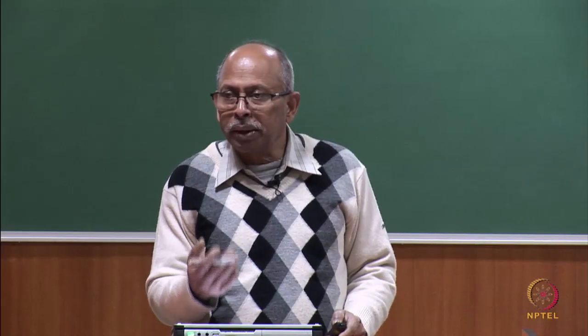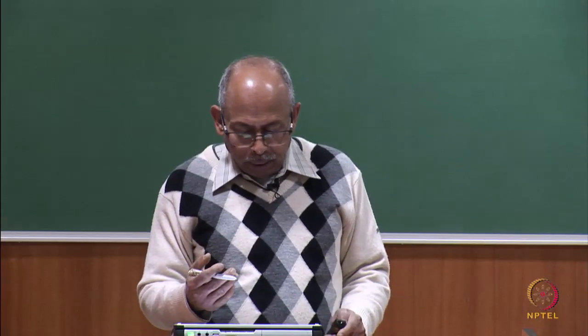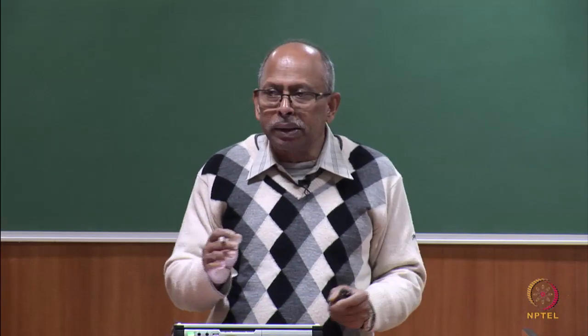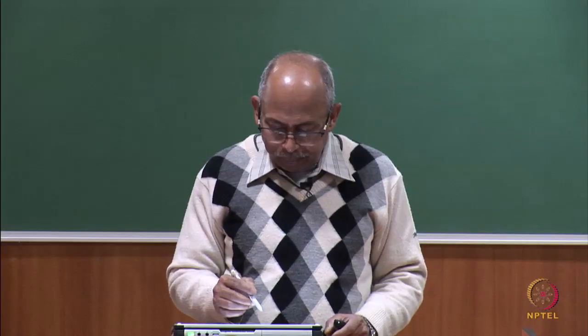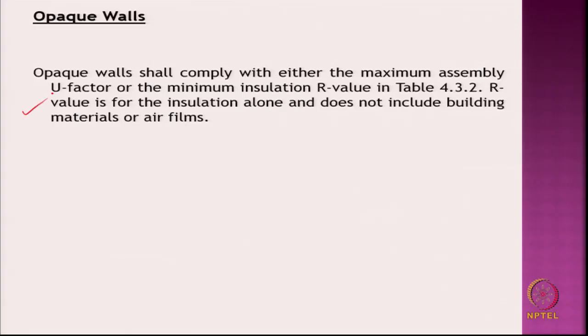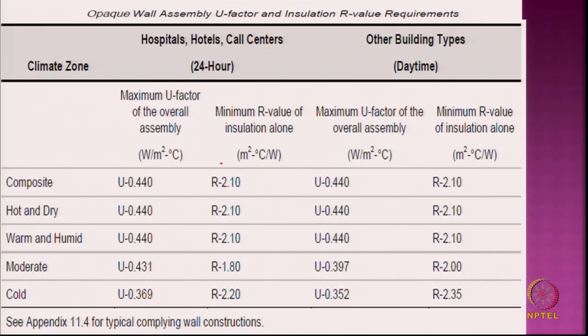So, it is a very gross kind of prescriptive one. One can look into that, and then you do not have much choice available. So, walls, opaque walls like brick wall or block masonry etc., this wall shall comply with the maximum assembly that is given R value, and in the similar manner. So, this is for